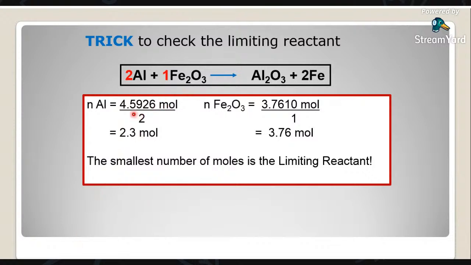For example here, we can use a trick. The trick is very simple. You don't have to calculate. Actually, you don't have to press your calculator. You don't have to use your calculator. Just estimate in your mind. For example,